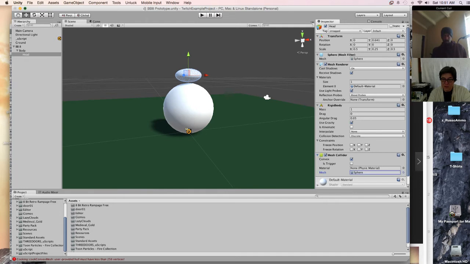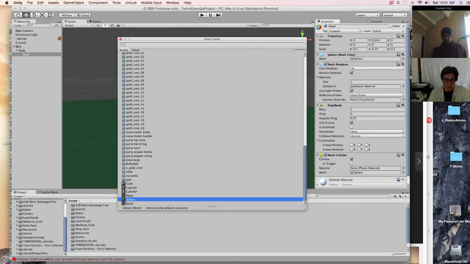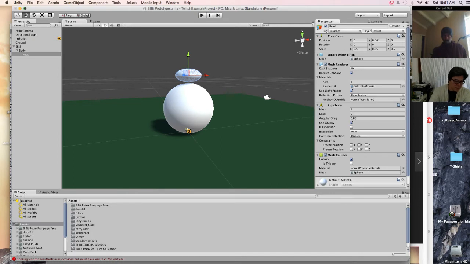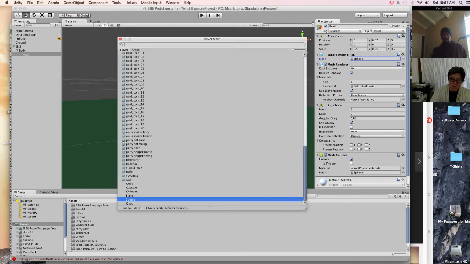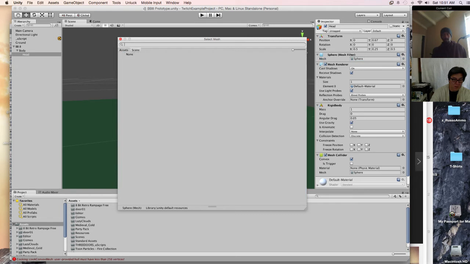Let's take this sphere thing, right? Let's go find our mesh, because I think it's using a round mesh still. It should be using this one. But where is this guy? Do you see where he's at?